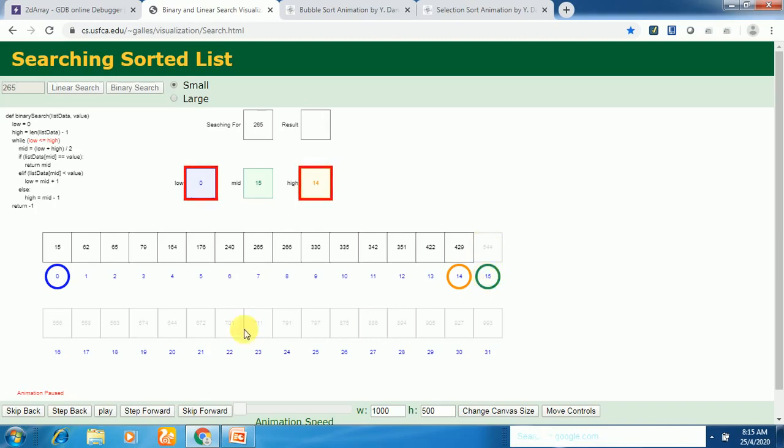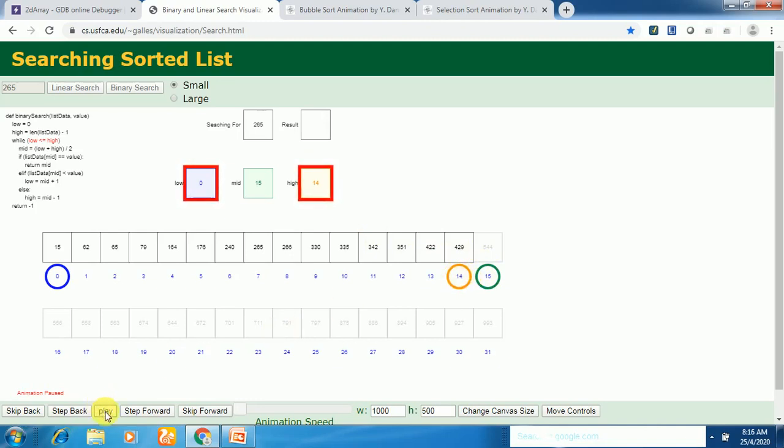Then the second half of the array will be discarded, because there is no possibility of the element being present here. So it will be discarded, and low remains the same and high will be mid minus 1. So mid was 15. Now high became mid minus 1, that is 14.